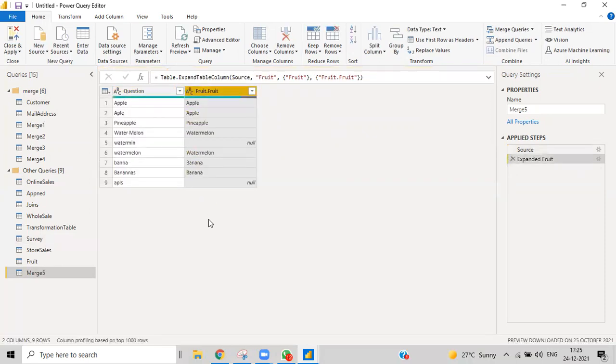You can see it's unable to find these two values. Rest all values it is able to find. Banana also it finds as banana, and bananas also it finds as bananas. And this watermelon also it finds as watermelon. This watermelon also finds as watermelon. And this apple also it finds as apple. So in this way, whenever we have columns that are not an exact match, if at least something matches, then based upon that we can do something. That's it. And whenever we do that, we have some other options that we can use.